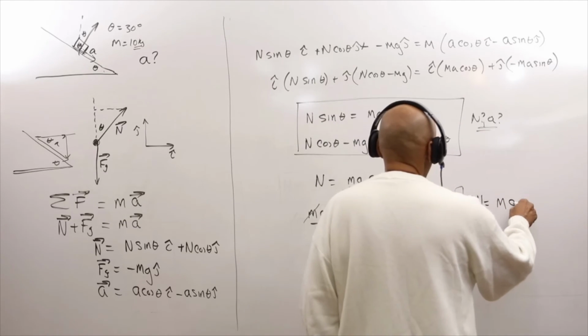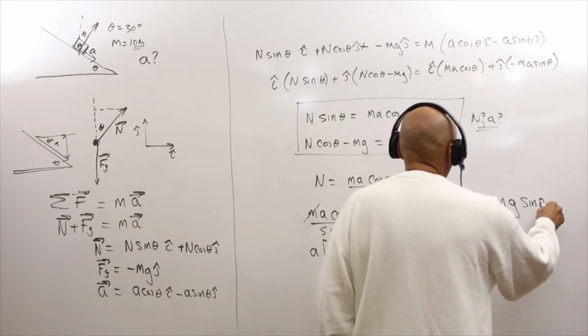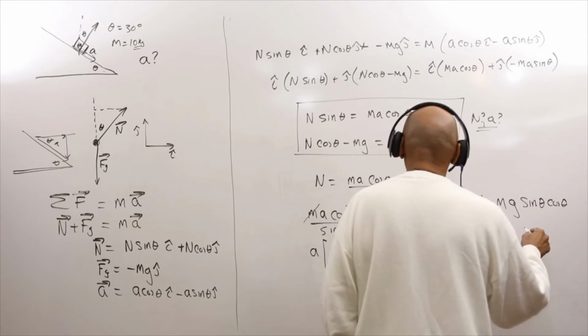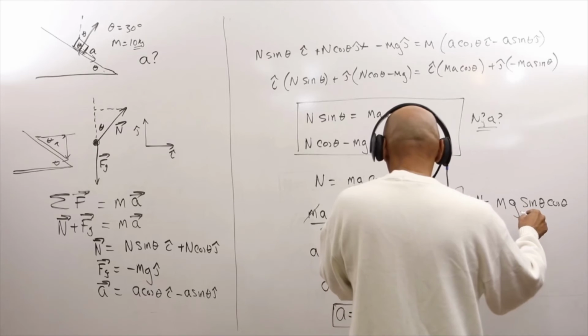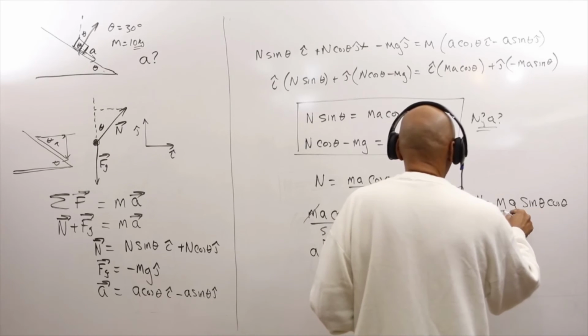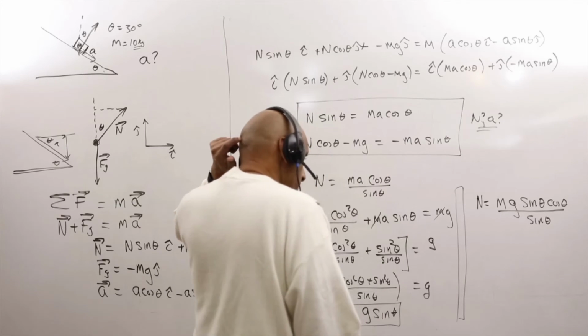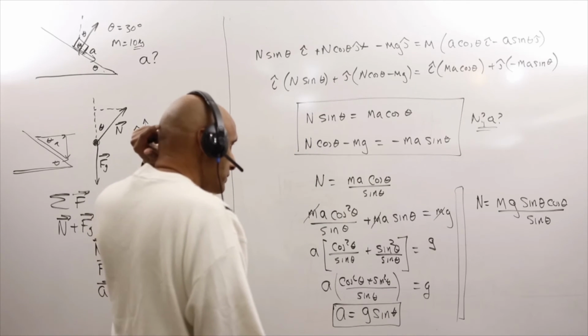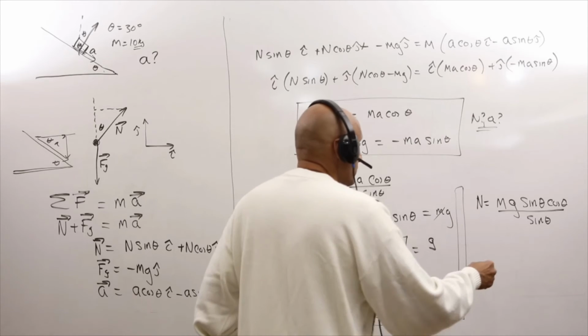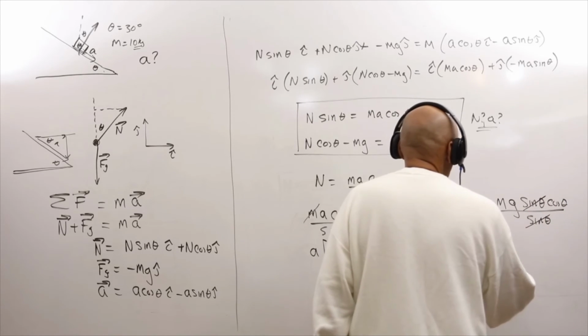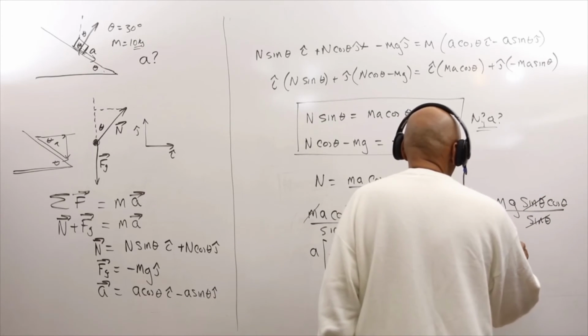So I'll put the g, and then sine theta cosine of theta all over sine of theta. So I'll just substitute mg sine theta. Now if you notice the sine theta and sine theta cancels,